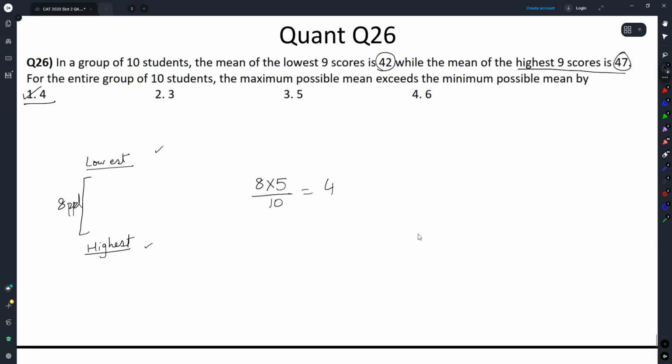Why did the answer come this way? Because we had put in the effort and worked this out for ourselves, and that is why we know the maths way and we also know this way. Let's go. Do we know the long way? We know the long way. That is good enough. That is absolutely fine. Otherwise, this also works. And this is something I worked on earlier, that's why I know.